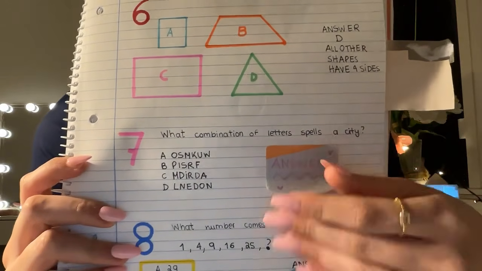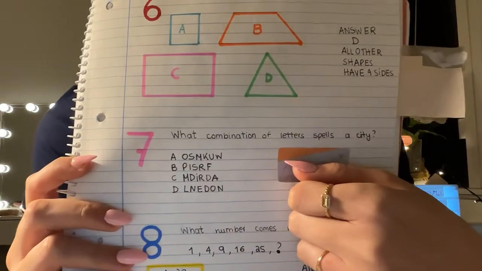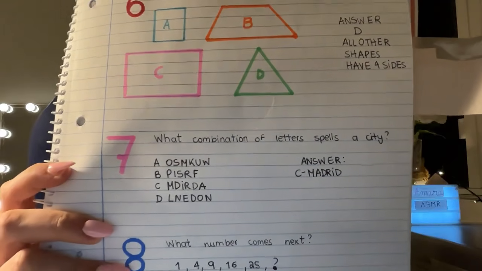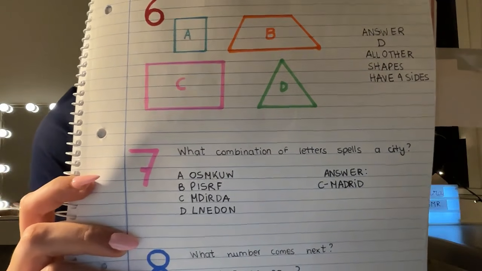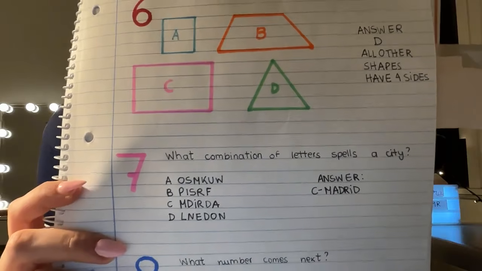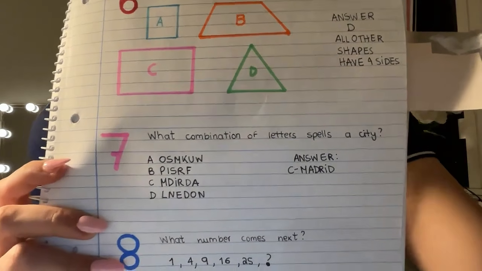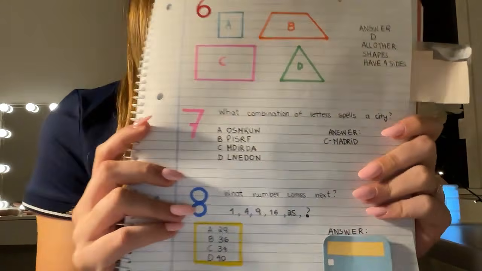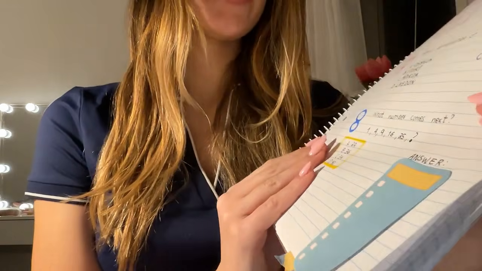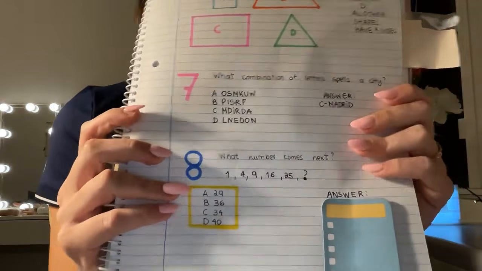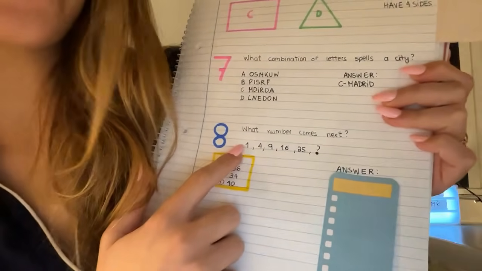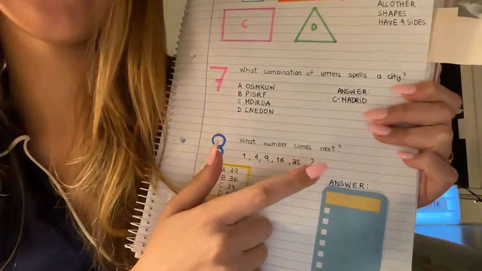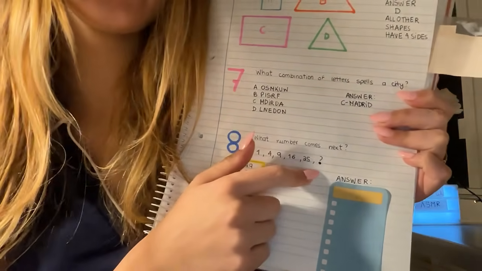Okay, let's check. So, the only option that spells out the name of the city is option C, which spells out Madrid, which is, in case you don't know, the capital of Spain, España. Okay, Madrid is the correct answer. Alright, moving on to question number 8, we have a sequence again. So we have the numbers 1, 4, 9, 16, 25, and you have to guess what number should come next